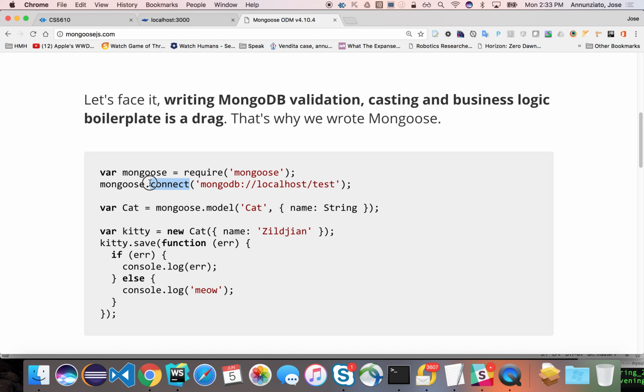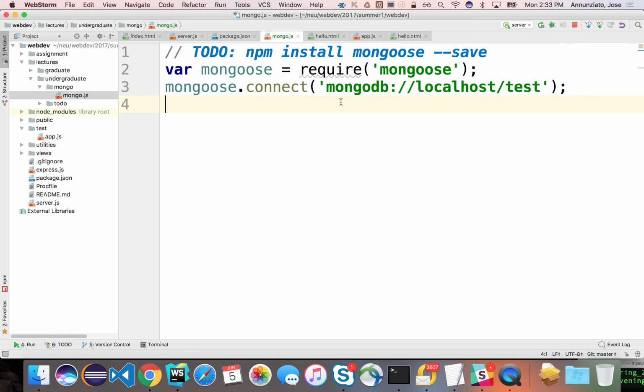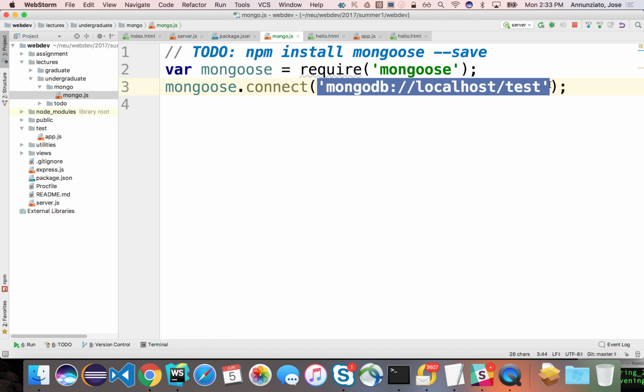Now, to connect with it, you need to provide a connection string. So this string right here is referred to as the connection string, right? And basically, this is going to tell it where in the network the database is running, right? Where in the world is your database running? The first part, like all connection strings, any network connection, typically the first part is the protocol, right? It's not HTTP. MongoDB has its own binary protocol for how it's going to connect to the database, and